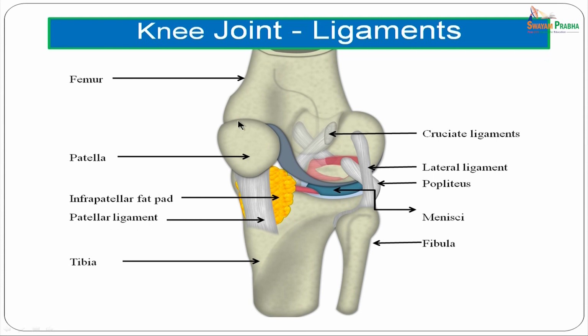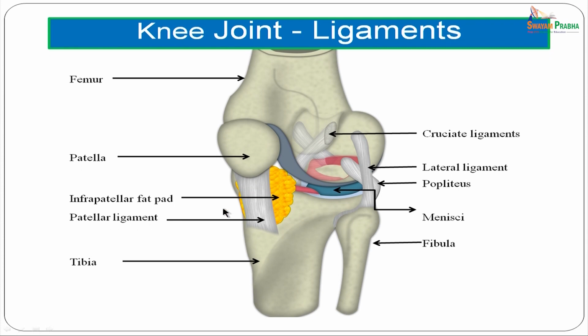If you look at this picture, this is the lower end of the femur with the medial condyle of the femur here, the lateral condyle of the femur here articulating with the lateral condyle of the tibia, and this is the medial condyle of the tibia. You note that these two bones are held together by a large number of ligaments which are both intrinsic and